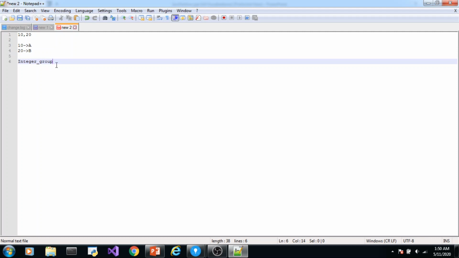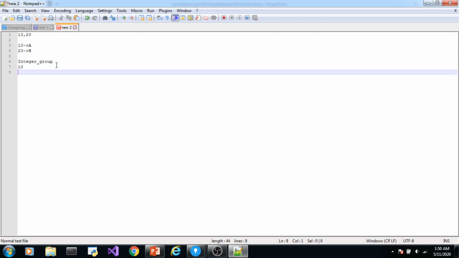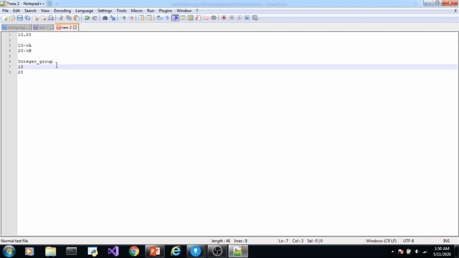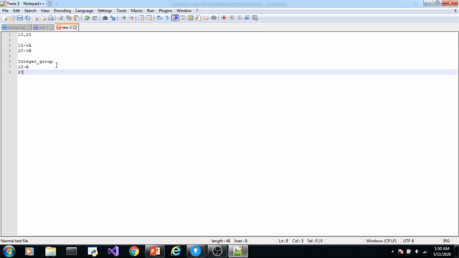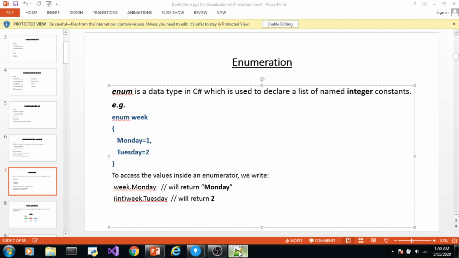So this integer group contains what? 10 and 20. 10's name is A and 20's name is B, and this whole set is known by the name integer group. This is the enumerator.